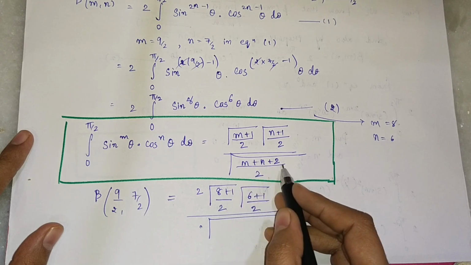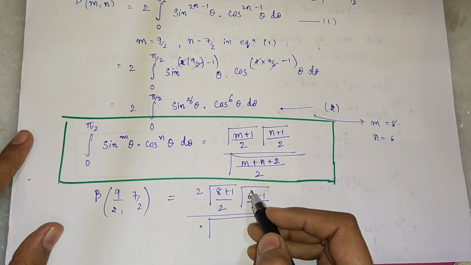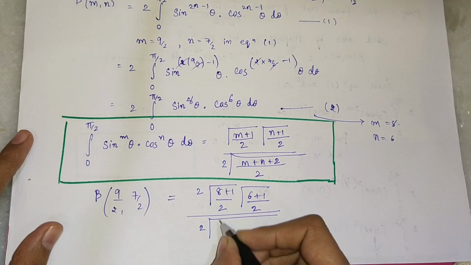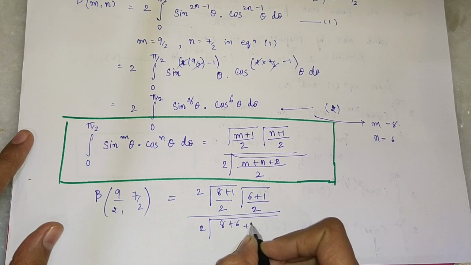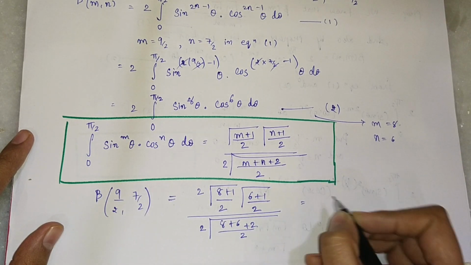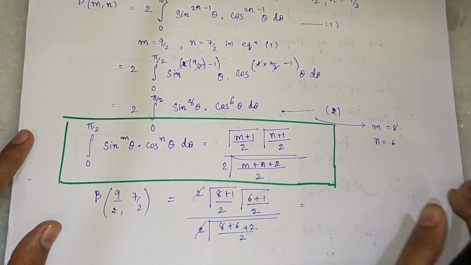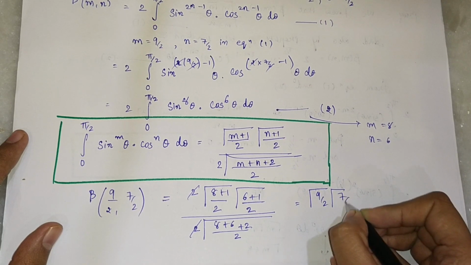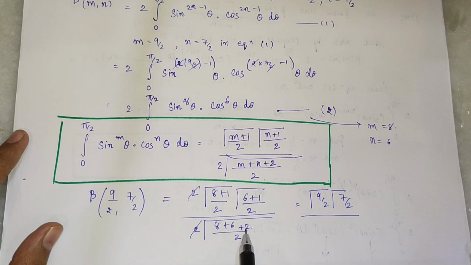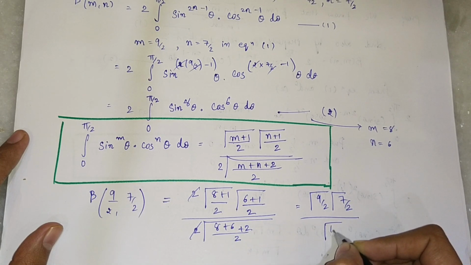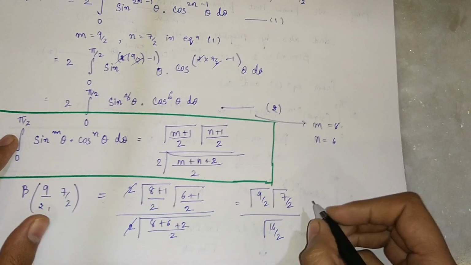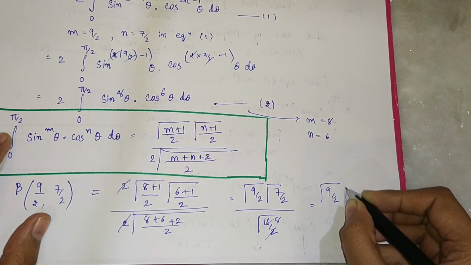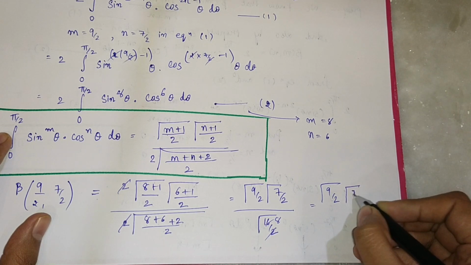m plus n plus 2 divided by 2. Sorry, in the formula here there is 2. So here also we will get 2. So 8 plus 6 plus 2 by 2, that is equivalent to, this 2 and 2 will get cancelled. 8 plus 1 is 9 by 2 and 7 by 2 divided by, this is 16 by 2. So that is equivalent to 8. This will get cancelled, so we will get gamma 9 by 2, gamma 7 by 2 divided